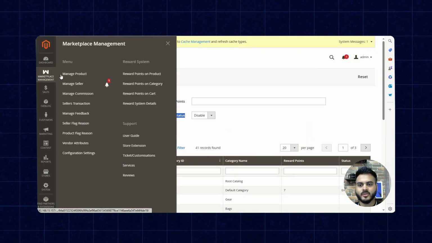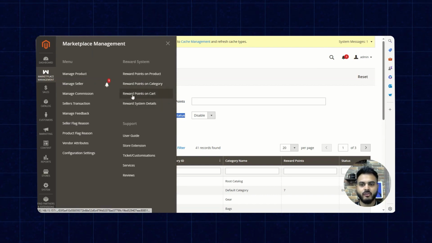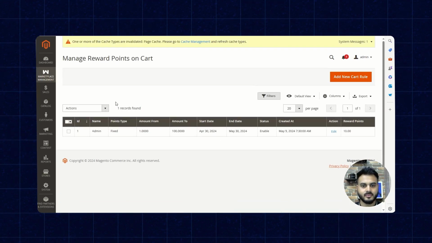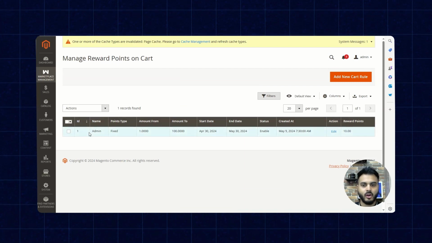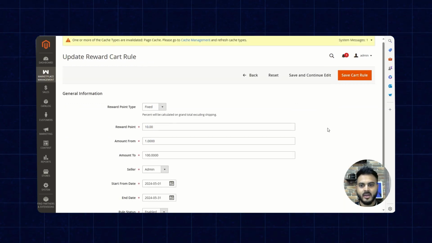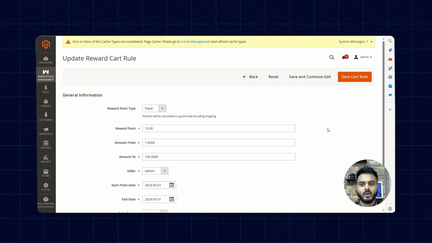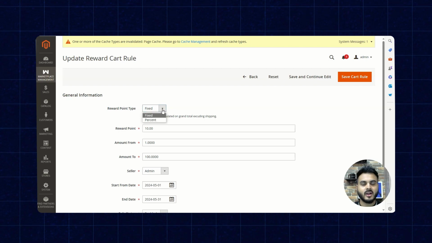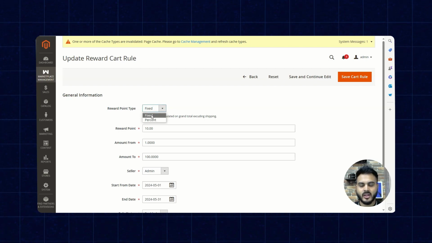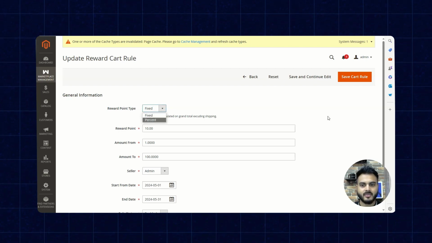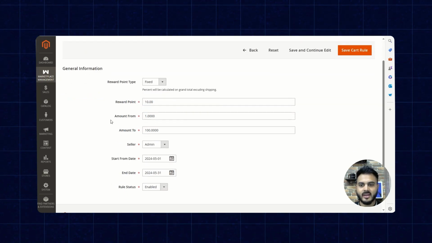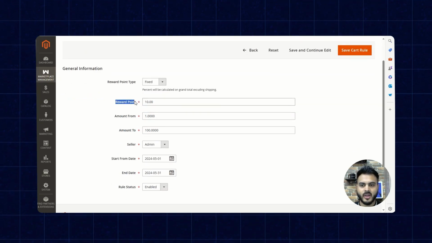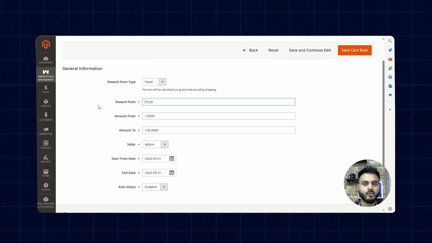Now let's check the third option which we have available, which is the reward points on cart. Here we already have a cart rule available. So now let's check what are the settings available in it. So basically you can type the reward point for the cart, you can do it in a fixed or a percentage wise. So choose it accordingly, and then here on the reward point you can choose the number of reward points to be awarded,